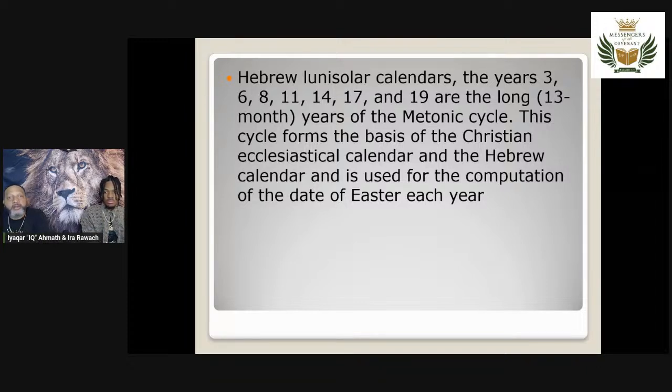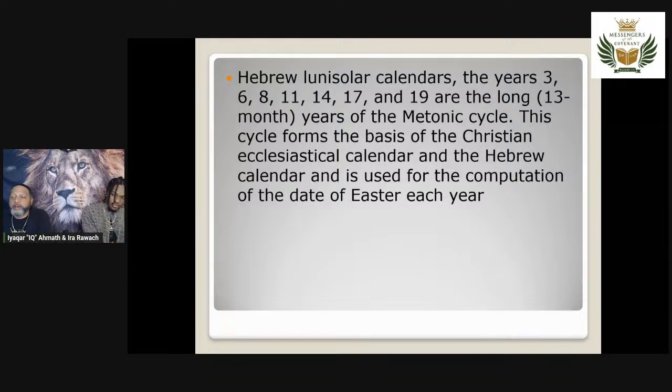Not to confuse anybody, just know that there's a pattern of how the sun and the moon interact with each other and when they fall out of sync. So it starts every 3 years, they're out of sync. We're going to have to add a month. After that 3-year period, we're going to wait 2 more years. It should happen again. The last time we had an intercalary month, I think it was 2021. And now in the 2024, 2025 year, we're going to have to do it again. So that's 3 years, right? So the pattern is shown when we have to do it.